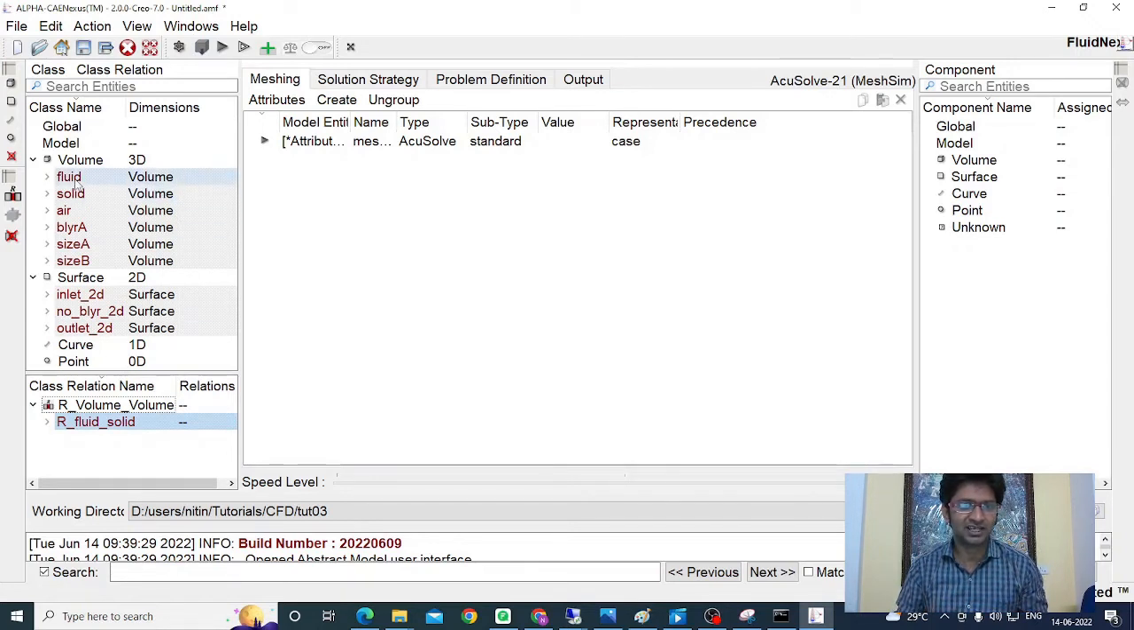So I'll just select fluid here and I'll go again in the class relation, create with classes. So you can see here relation between the same class is created. So these are the relations between volume and volume class. Similarly, if somebody wants to create a relation between volume and surface class, then one can do that in